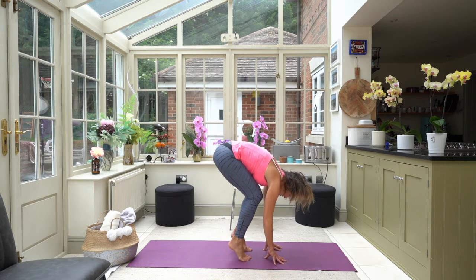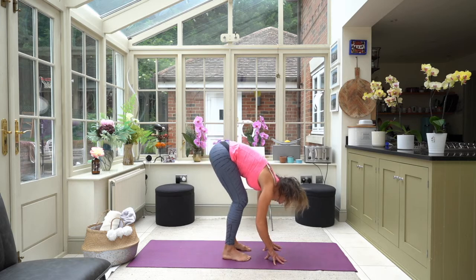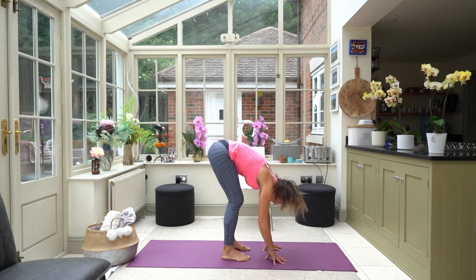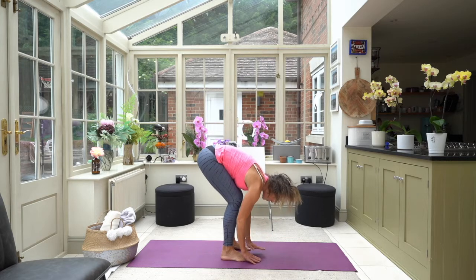Come through onto the toes, warm up those feet, lift up. And this time maybe feel a little bit more expansion at the back of the legs. Keep that breath nice and smooth. Good, one more time. Keep it there. That's great. Bend the knees, and then from here, what you're going to do is bring one hand